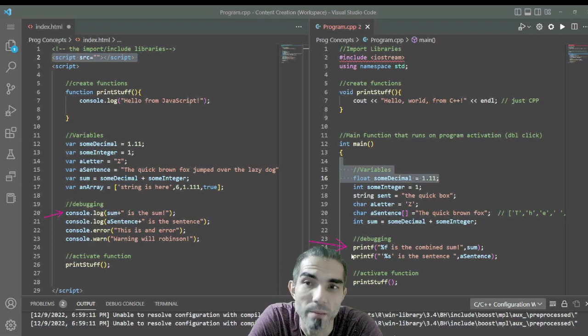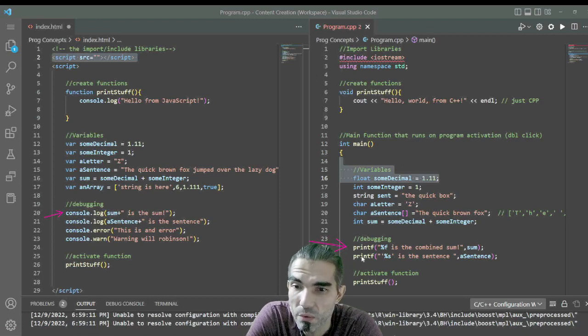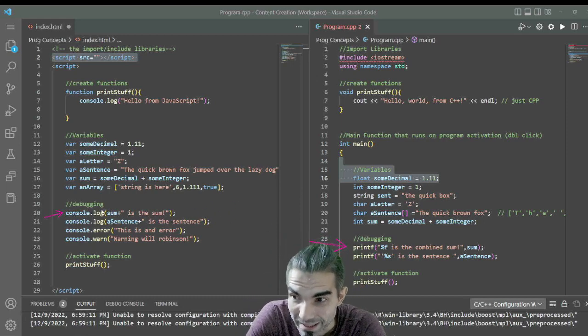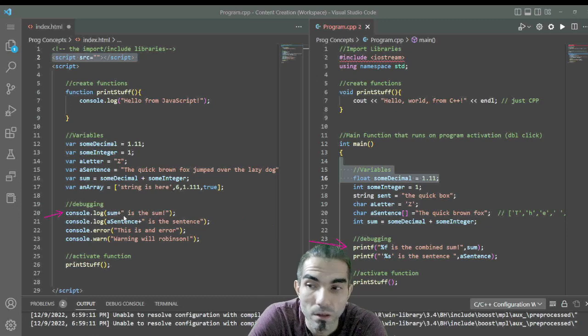Console.log for JavaScript and printf for C++. Using these, they are a little different. You can already tell from the beginning, they are being displayed differently. But with that in mind, this is how we're going to be sending ourselves information when we're programming,